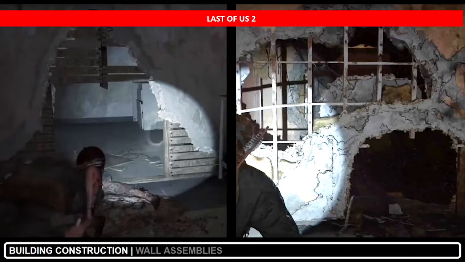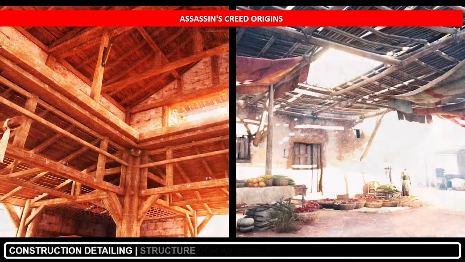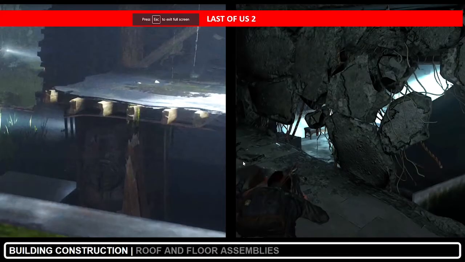and plaster. Floor assemblies in the past from Assassin's Creed reveal heavy timber construction using large logs and masonry for structure and straw thatching for insulation and protection against winds and rain. Assassin's Creed also showcases structural elements clearly in historic Egypt, showing wood construction and having a clear hierarchy between primary and secondary elements. Taking a look back at Last of Us 2, they also showcase a lot about roof and